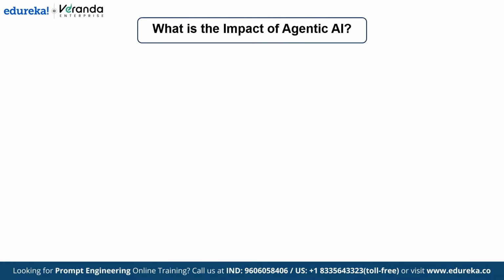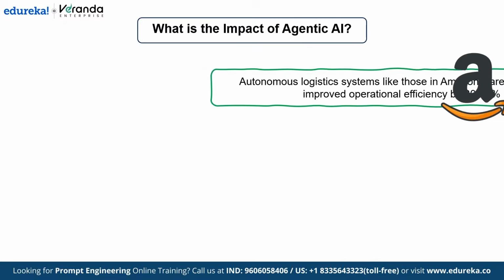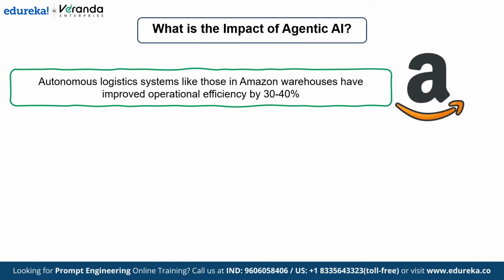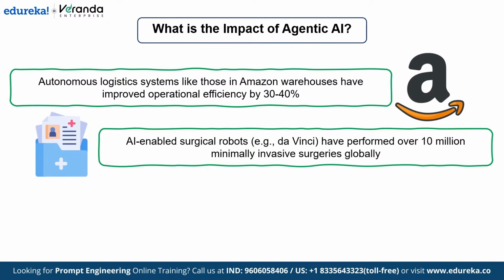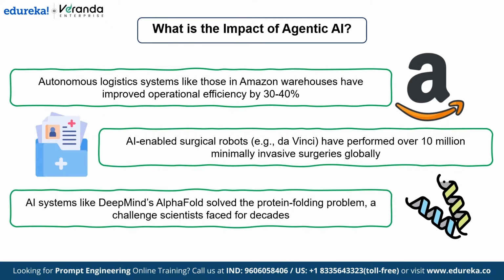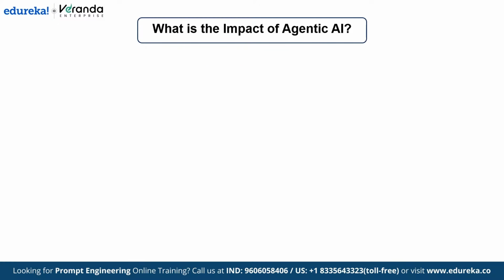Now, let us see the impact of Agentic AI on various industries. Agentic AI has had a profound impact across various industries, transforming operations and solving long-standing challenges. Autonomous logistics systems such as those in Amazon warehouses have significantly improved operational efficiency by 30 to 40%. In healthcare, AI-enabled surgical robots like the Da Vinci system have performed over 10 million less invasive procedures worldwide, enhancing precision and patient outcomes. Scientific advancements have also been transformed by systems like DeepMind's AlphaFold, which successfully solved the decades-old